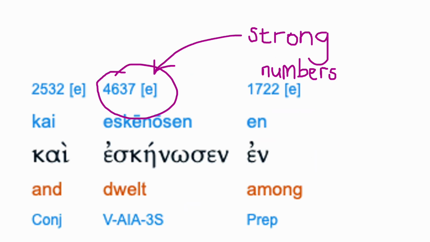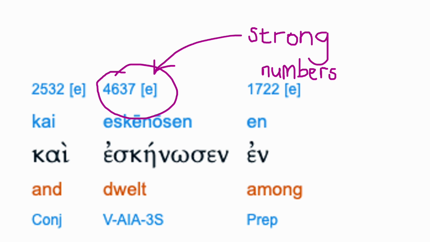Now, I've spoken in this video and in others about using Bible Hub. Do check out my video on resources for more information, but here it is in Bible Hub, and we have the Greek word, above it a phonetic pronunciation. I've highlighted the word eskenosen, the one I was just talking about. Below the Greek word is the translation, below that the parsing. But right at the top we have the Strong's number,